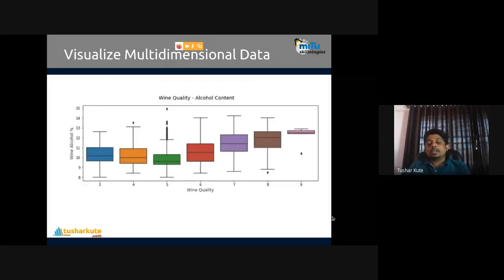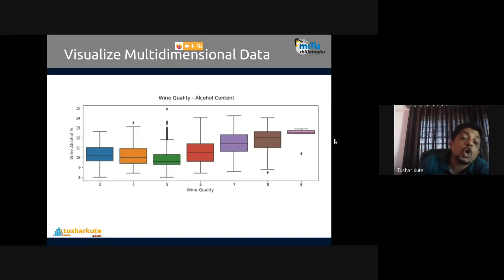Next, yeah, this is called a box plot. Now, wine quality content according to the alcohol. Now see, you can check it out. These are different qualities: 3, 4, 5, 6, 7, 8, 9. A categorical variable, and on this side we have the percentage of alcohol in that wine. These are the ranges shown for quality 3 wine. This ranges 4, this 5, 6, 7, 8, 9.